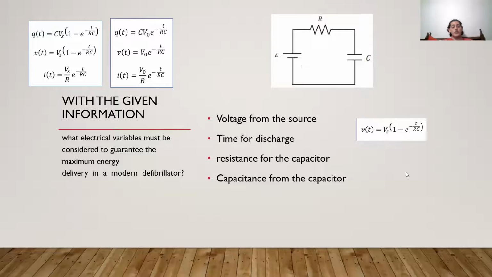The first question asks us, what are the electrical variables that must be considered in order to guarantee the maximum energy delivered in a modern defibrillator? So for this, we have to understand two things: how a capacitor circuit looks, and which are the equations that model the discharge and charge of the defibrillator. So first, from the circuit that we can see above, we can notice that there is a